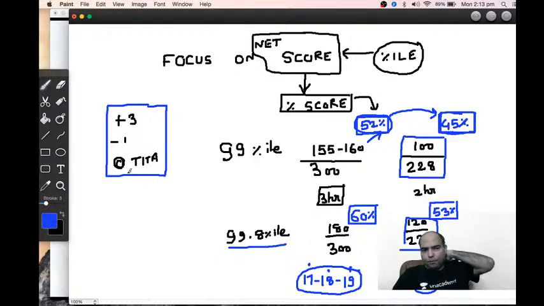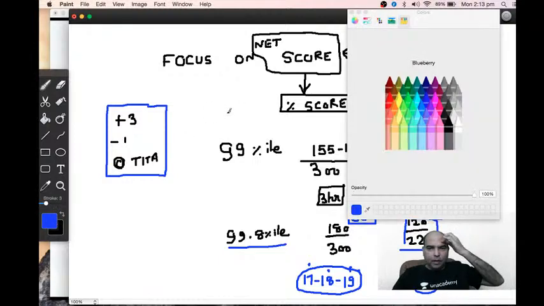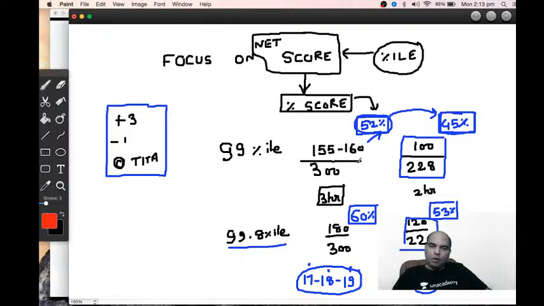Now, if you further try to think about the number of people that 99 percentile talks about, यहाँ पे 2000 people, I'm assuming a flat rate of 2 lakh people giving the CAT, although उससे थोड़ा कम होता है. तो 2000 people are getting 52% score. यहाँ पे only 400 people are getting 52% score. ऐसा क्यों हो गया?